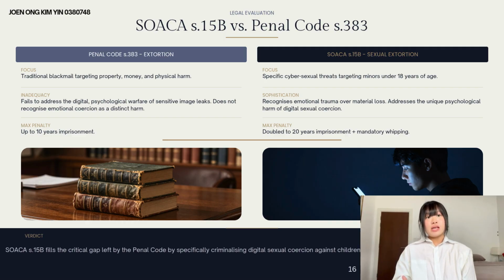By separating this into the Sexual Offences Against Children Act, the legislature not only modernized the law for the cyber age, but doubled the criminal penalties. This shows an advanced legal evaluation, recognizing that a teenager's emotional trauma and loss of dignity is vastly worse than